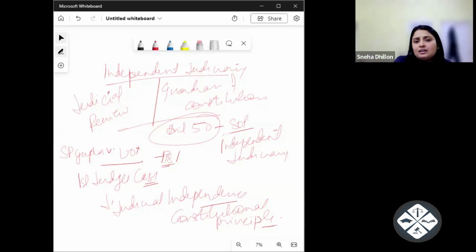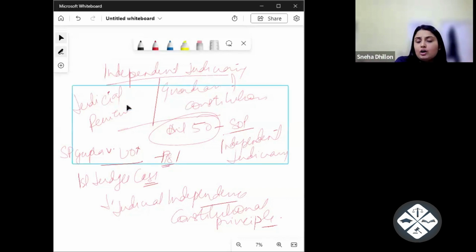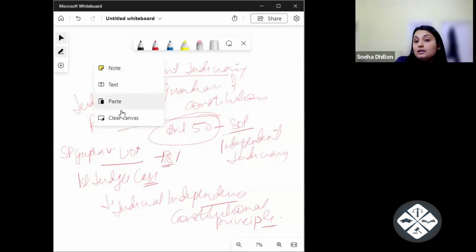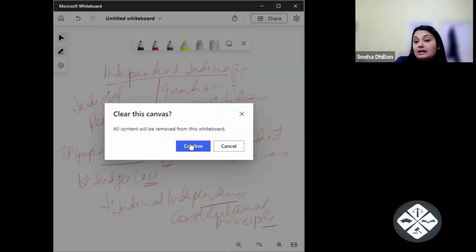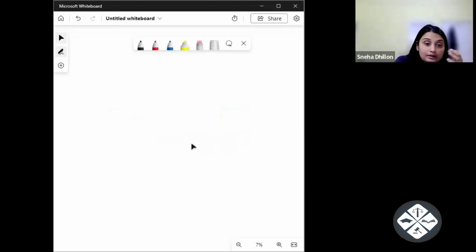Apart from that, there are other cases we can speak of, the cases of judicial review. Why do we call them cases of judicial review, what is the value of judicial review in India, and how it is another basic feature, or rather a feature, of the Indian Constitution. When we talk about judicial review,